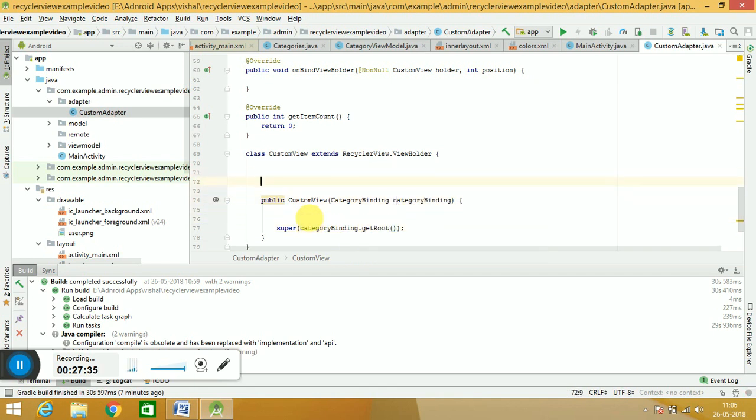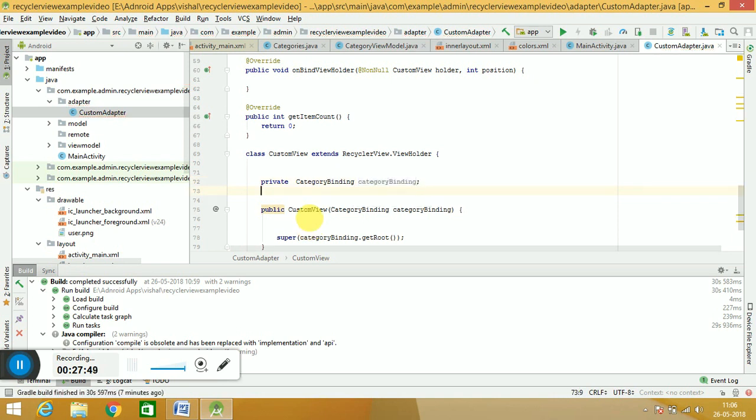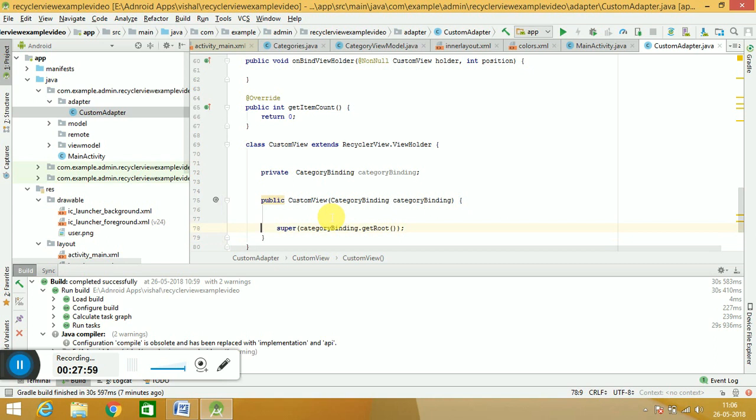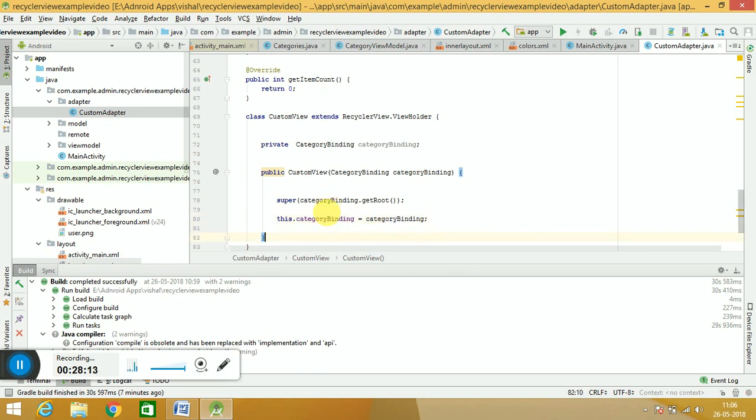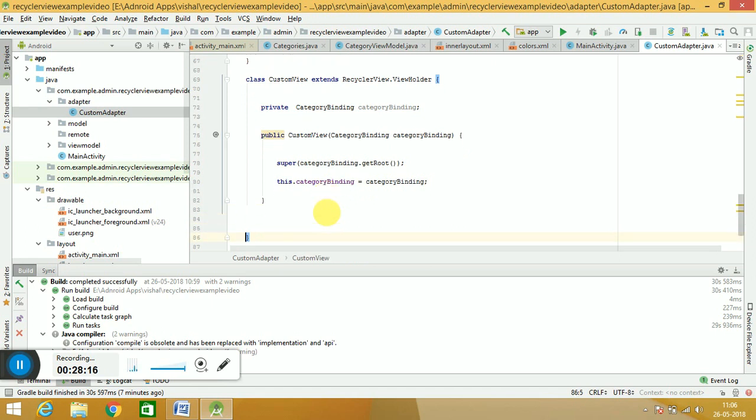Here we need something that is important in your custom view. You have to call this category binding again, and after category binding we have to set this dot category binding as the category binding. So once it is done, our custom view will be ready, but one more thing we need to apply here, that's our